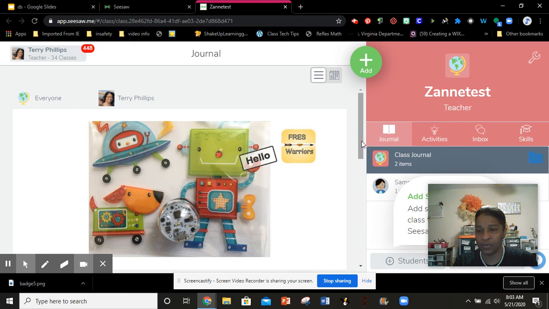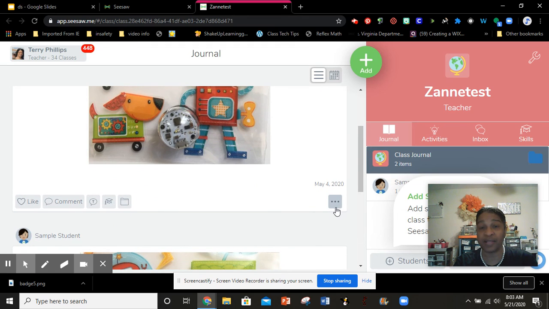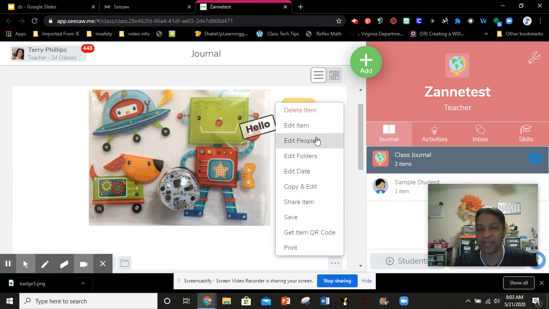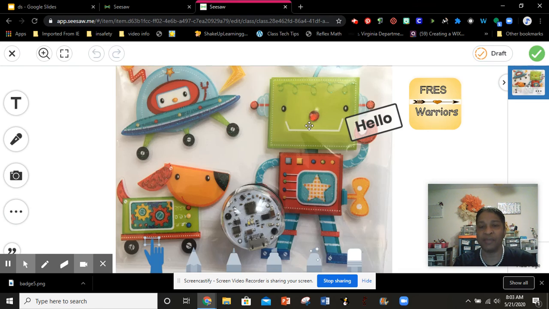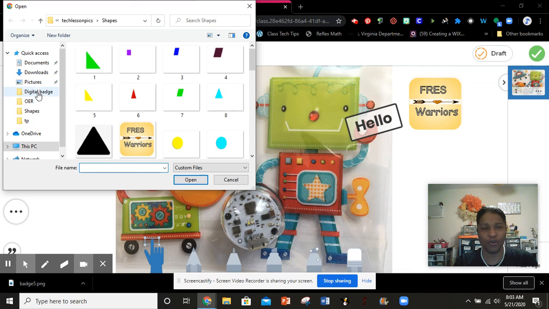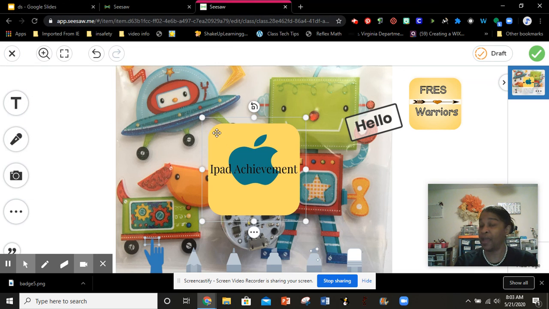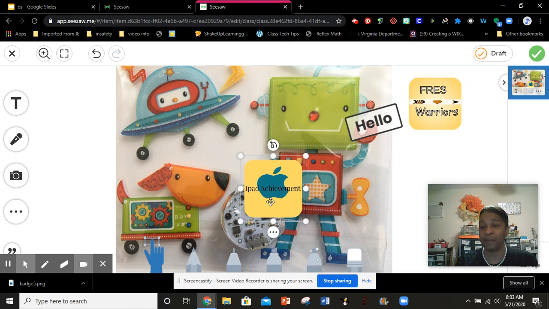And I'm going to scroll down and I'm going to go to these 3 dots here. All right, so I select that, and I want to go to edit. So I'm going to edit item, and I want to insert this badge. Now, I already have one badge here, but now this student, I'm proud of this student because they use the iPad, so they're going to receive a digital badge for using the iPad exceptionally. So I'm going to select upload. I'm going to go to my digital badge folder, and the digital badge I created is called badge 5. So I have that in there, and there you go. iPad Achievement Award,